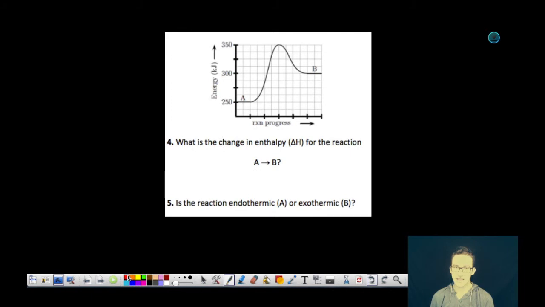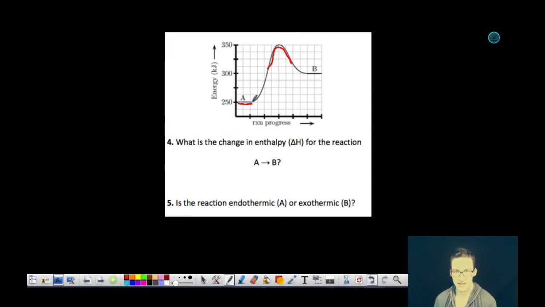All right, and then the last thing to keep in mind is that you'll often be provided with these sorts of energy diagrams for a thermochemical reaction, where we're focused on the transfer of heat energy. In this problem, notice it looks a little bit different from the ones we talked about in the notes. You've got this giant hump up here. What's that about? We'll learn about activation energy in later units. Right now, all I want you to do when it comes to determining the enthalpy change based on these energy diagrams